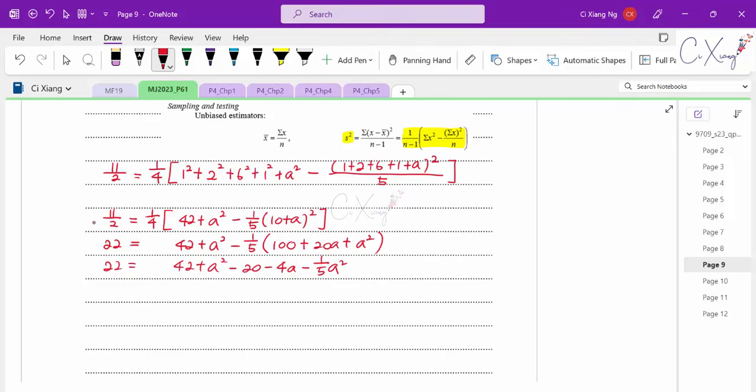Okay, so from here, in general, I can see that this is a quadratic form equation in a, right? Therefore, I further simplify everything. I will have 4 over 5 a squared minus 4a equals to 0 if I further simplify this whole equation here. So this is the term that I have. From here, I can factorize out the 4a,